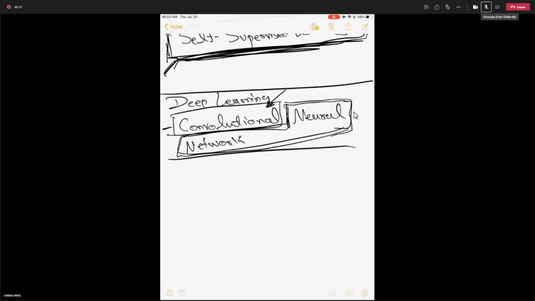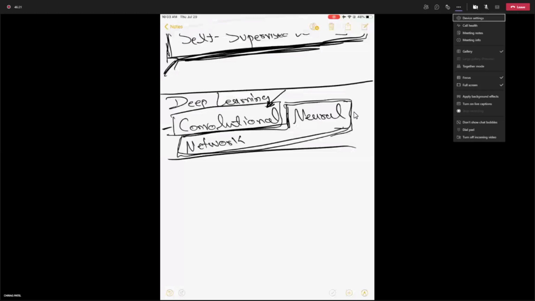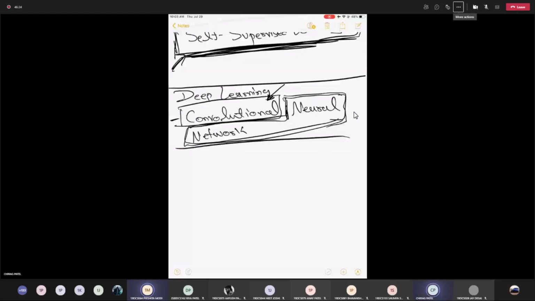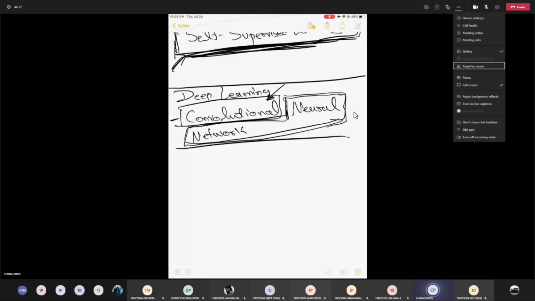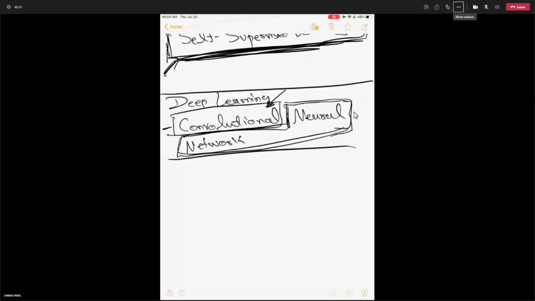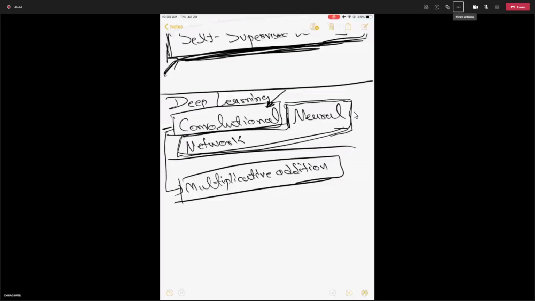Convolution is a mathematical operation in which we multiply two matrices and then we sum the elements. So in simple language, it is multiplicative addition. But why are we using convolution? This is basically the mathematical justification of what exactly convolution is doing. But if I want to narrate what we mean by convolution,